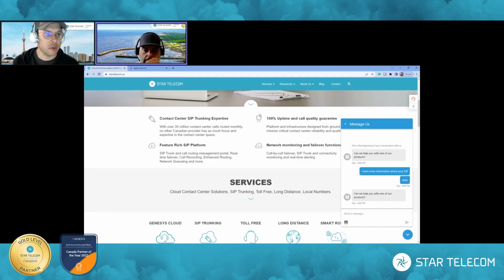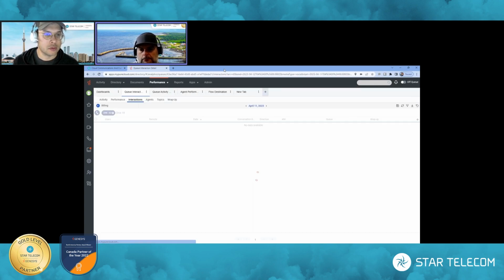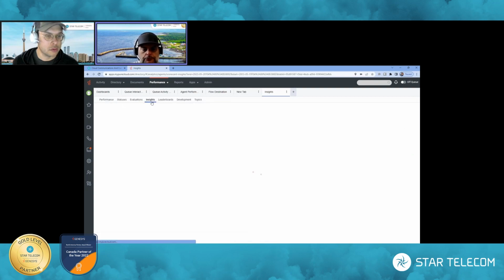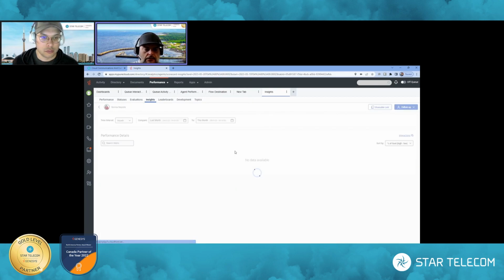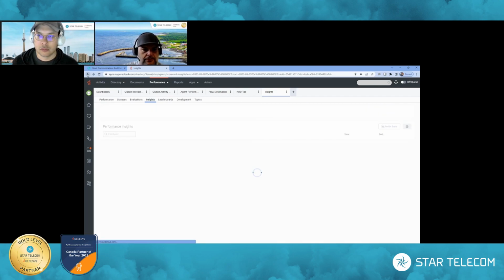This is good stuff. This is again having more insight, not just about what's happening with your agents today, but over a long time at a quick glance to see where they're struggling, where they're doing well, not against their own performance and against others. We used to see this in much more advanced analytics engines. Now to have it built into Genesys Cloud this way, as you can see,